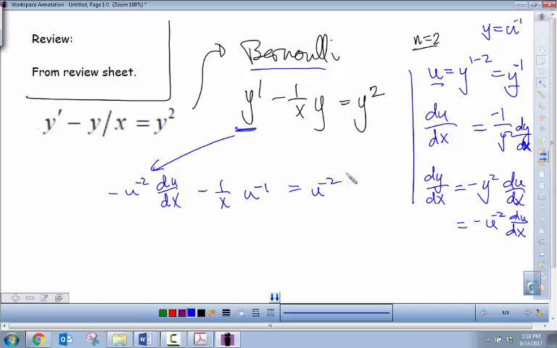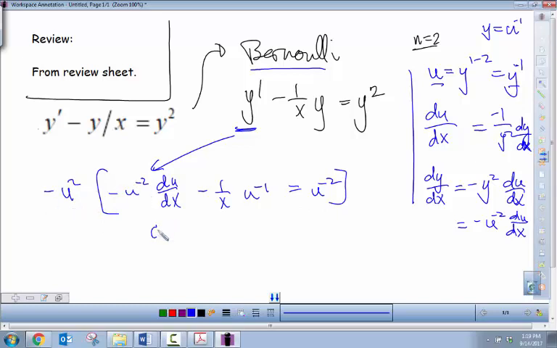So now I have a differential equation that's all in u. And if I clean this up a little bit, like multiply everything by u squared, negative just to make this really clean,